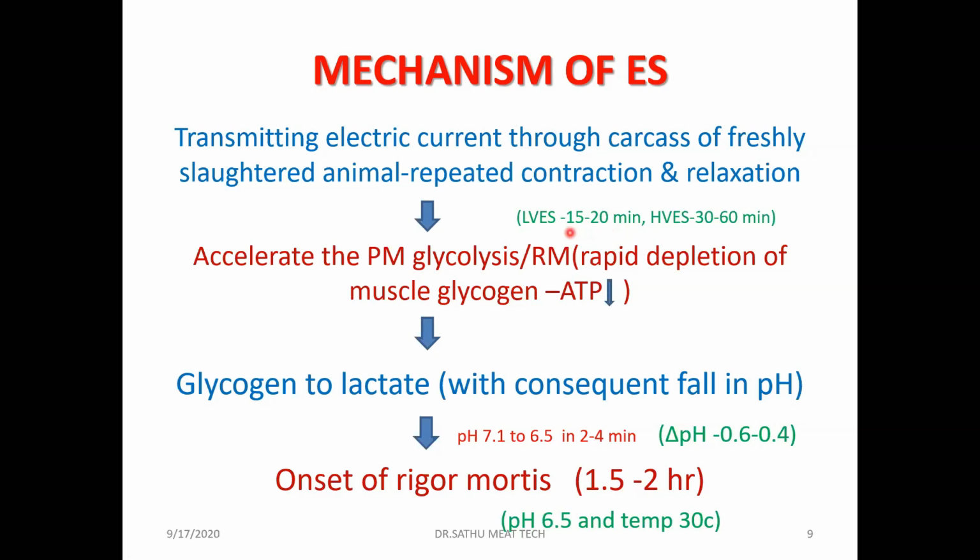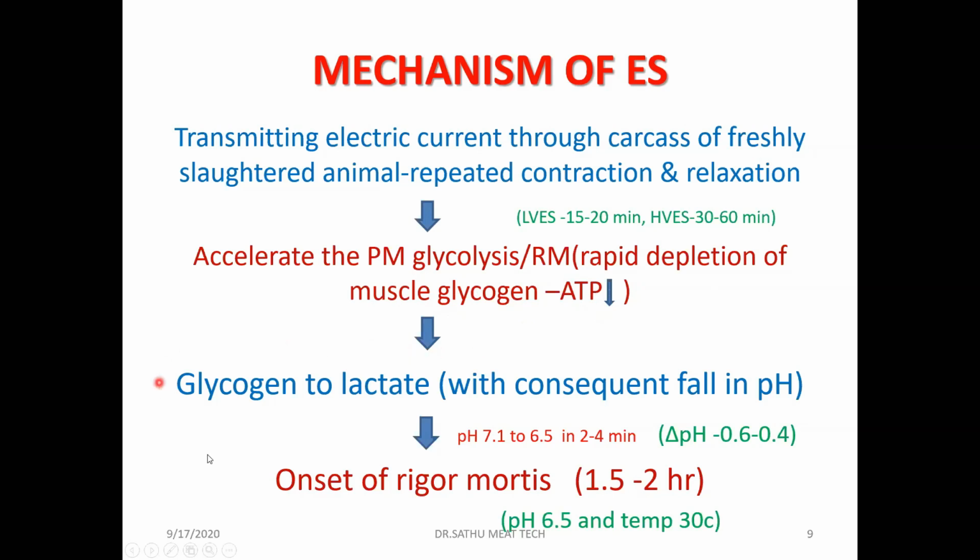The maximum we can go up to is 15 to 20 minutes. And in the case of high voltage, we have to give the electrical stimulation within 30 to 60 minutes. The most optimum is 30 minutes. Once you give the electrical stimulation, it shifts to anaerobic glycolysis, so it will accelerate postmortem glycolysis and the rigor mortis. For the anaerobic glycolysis, the glycogen resource will be utilized for the formation of ATP. So there is a rapid depletion of the muscle glycogen and the ATP will fall. When all the ATPs are utilized,